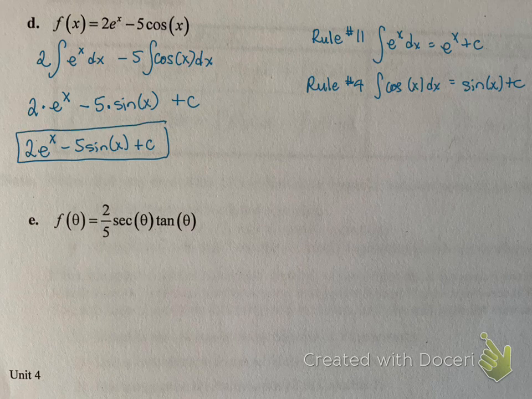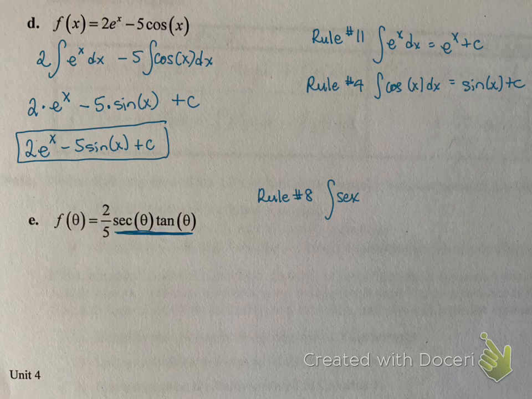Okay, and then let's look at e. So the original function says f of theta equals 2/5 secant theta tangent theta. Once again, be very careful with these. If we have something that looks like a quotient, if we do not have a rule that looks like it, then we have to do some fancy footwork. But we luck out because there is a rule, and it is rule number 8